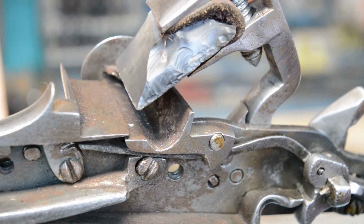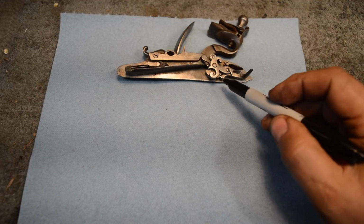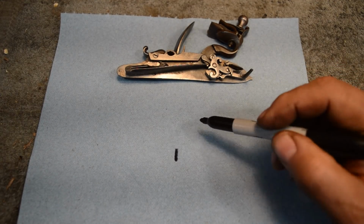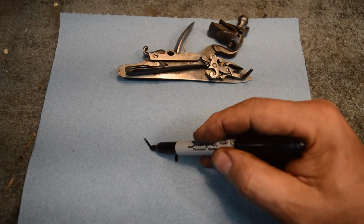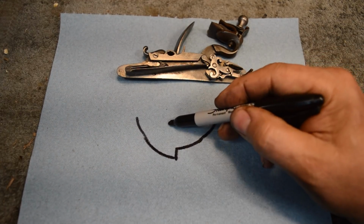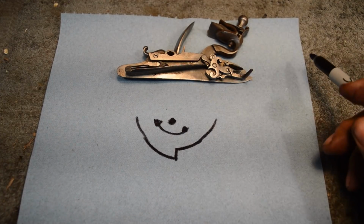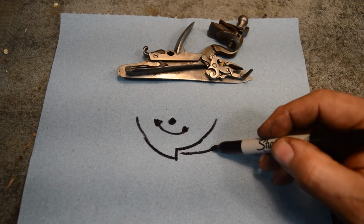And the Snaphaunce has it loaded in shear, which is an engineering issue with the materials that were available in the 1500s. So on a Flintlock as we know it, the tumbler surface, which is located here, is a little bit hidden on this lock, but the tumbler surface looks like this, and here's the part of the tumbler that rotates like this. Okay? And we have a sear nose that engages